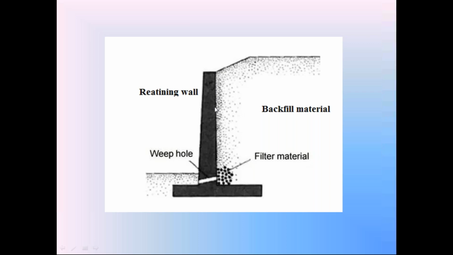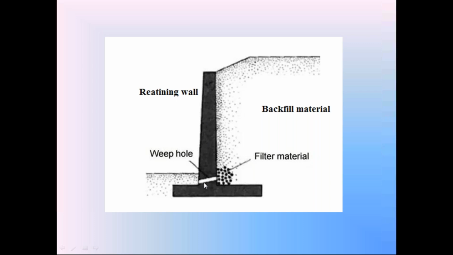Please imagine if this retaining wall is not here, this entire vertical soil starts moving downwards. Definitely, because this is the vertical face, it is not stable. It starts moving downward. It causes the failure of this entire portion of soil. To prevent that failure, we construct this earth retaining structure called retaining wall.